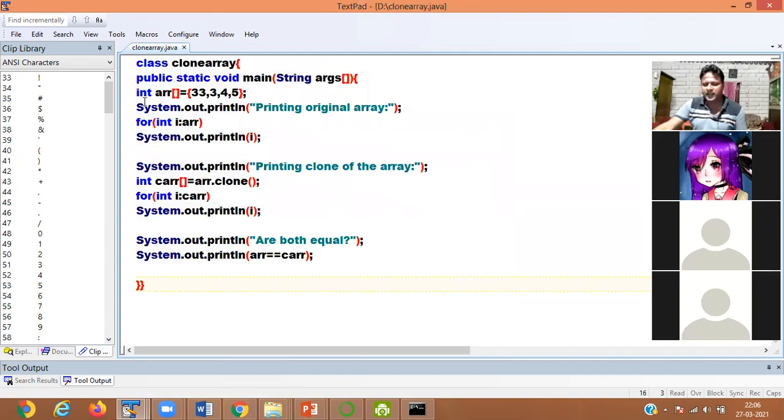I define an array, int arr, with values 33, 3, 4 and 5, then print the original array. Then we're using the enhanced for loop that we discussed in the previous class, which prints all the elements. Now if you want to create a clone of an array,